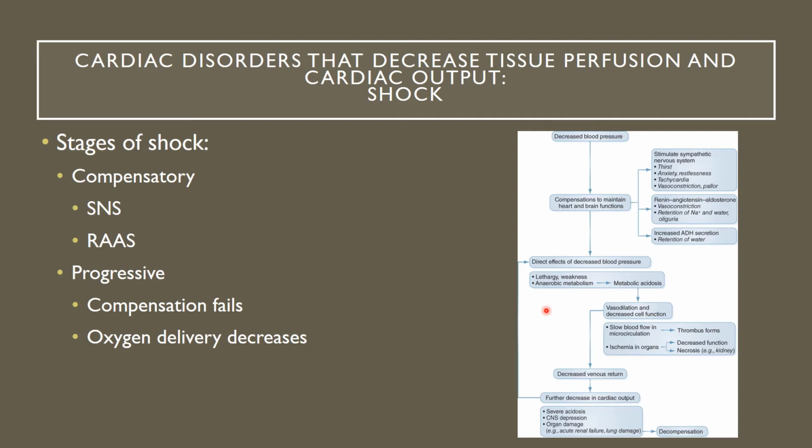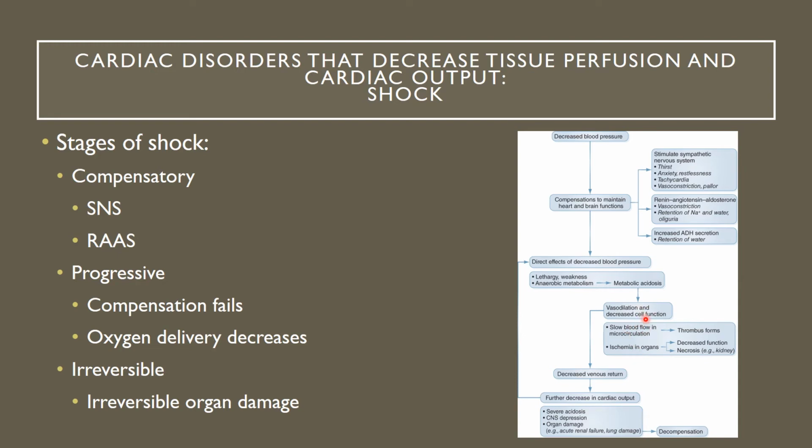anytime you undergo anaerobic catabolism or metabolism, we take the risk of developing metabolic acidosis, and this is because our cells are now working without the presence of oxygen, and they are producing really an abundance of lactic acid, and then some other acids as well. We also can then progress into irreversible organ damage. So this is over here, and so when we start interrupting really blood flow to the organs,